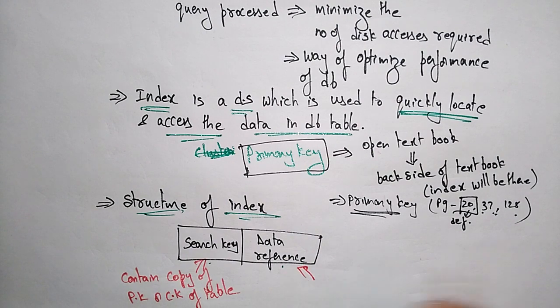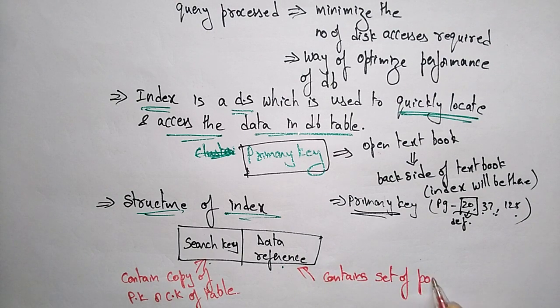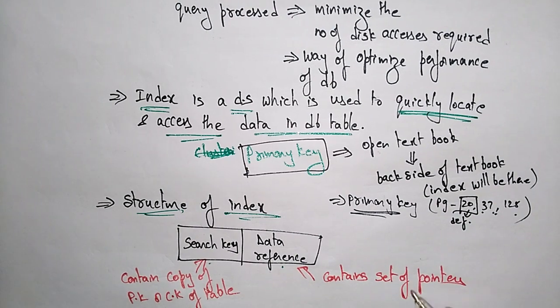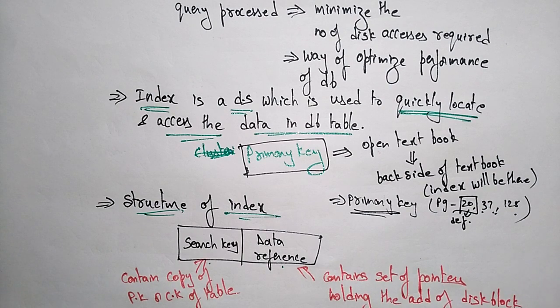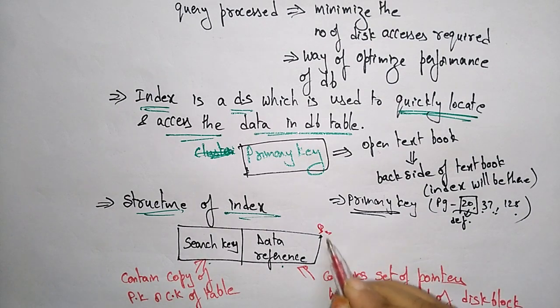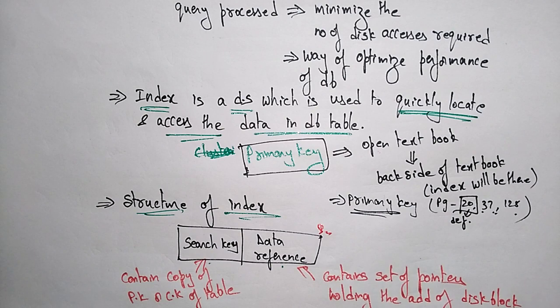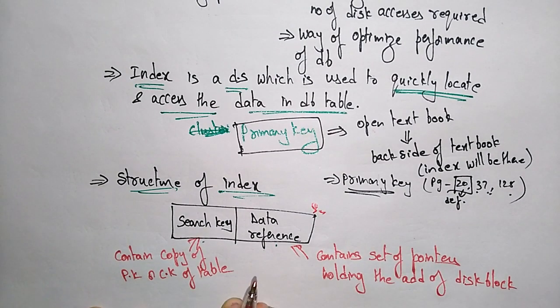Whereas data reference contains a set of pointers which hold the address of a disk block. So it holds the address of a particular disk block, suppose B1, B2, like that. So the particular disk block address will be stored in the data reference,